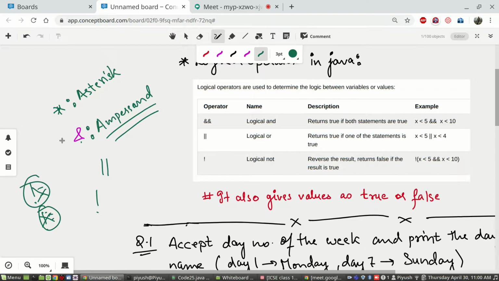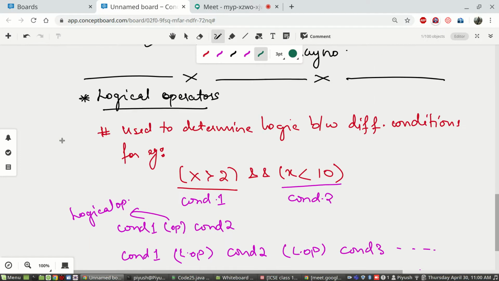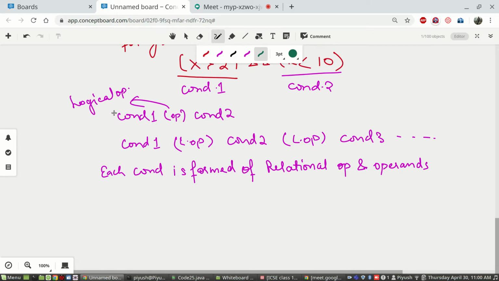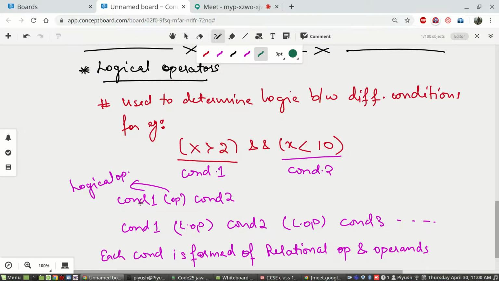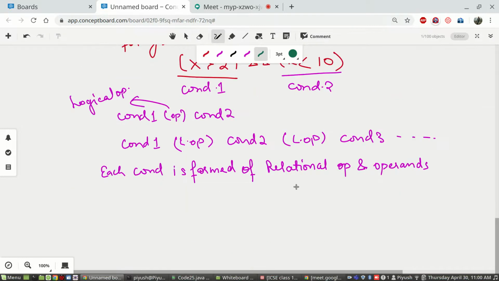We have seen that logical operators are used to determine the logic between two different conditions, and each condition itself is formed of operators and operands, where the operators are in general relational operators.